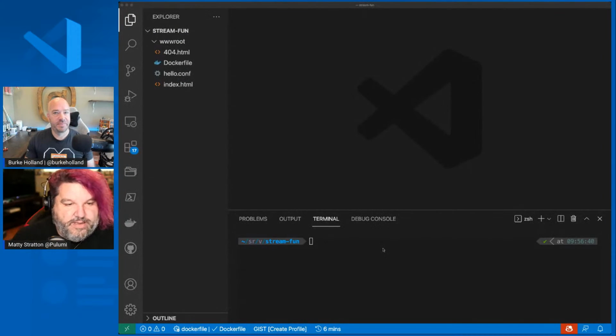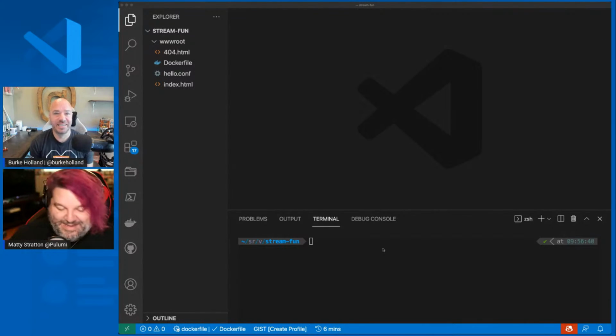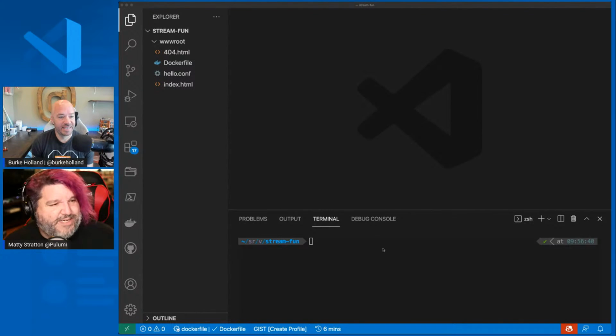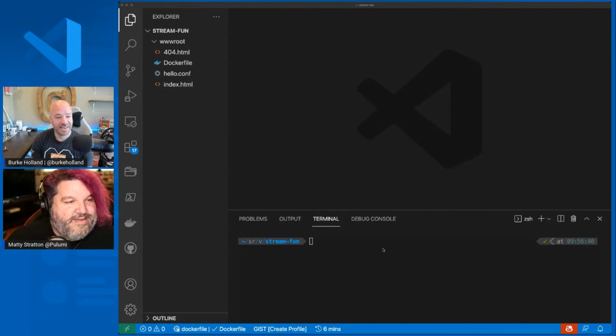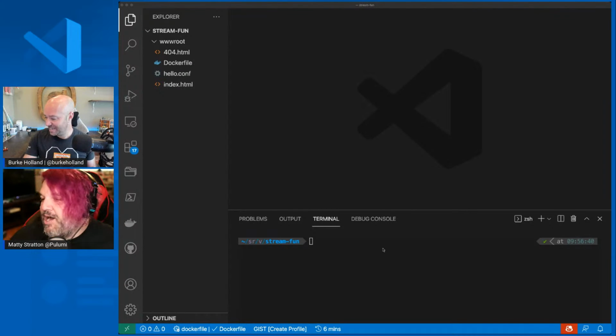I've got my VS Code up, and I do have Copilot disabled, although Copilot has been pretty fun. It works pretty well with Pulumi, but also, fun fact, writing blog posts with Copilot is actually helpful. I didn't even think about it. I was writing a blog the other day and it was in Markdown, and Copilot, I'm like, wow, this is great. But that's a different stream, I guess. We do need to do a Copilot stream. I don't know if we've done one. We'll have to get on that. I'd be happy to contribute to the blogging with Copilot stream if we get to that. But don't tell my boss that's how I write my blogs. All right, cool.